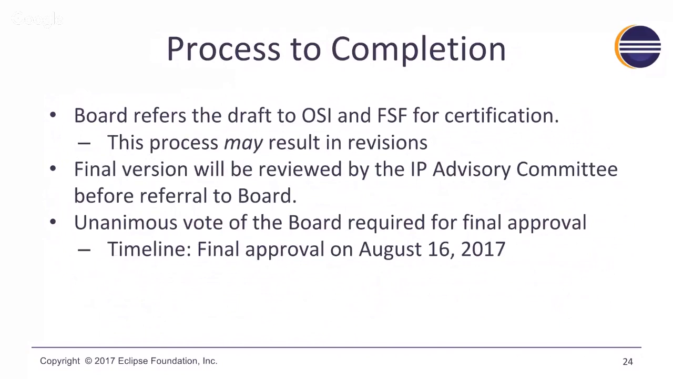So we're getting very close to the end of this process. We've referred this to the OSI for certification. We've also asked the Free Software Foundation for certification, but their process seems to be particularly opaque. So far, the OSI process has gone well, and they've only found one minor typo that will be changed. So we're expecting that the OSI will approve this new version of the license in the second week of August, and that will allow the board of the Eclipse Foundation to approve this in mid-August